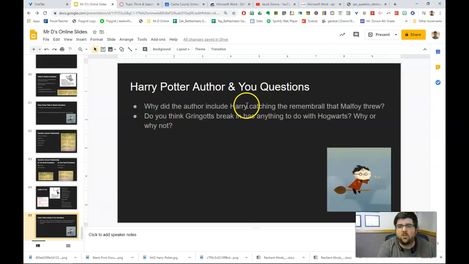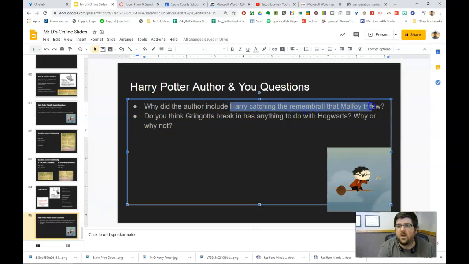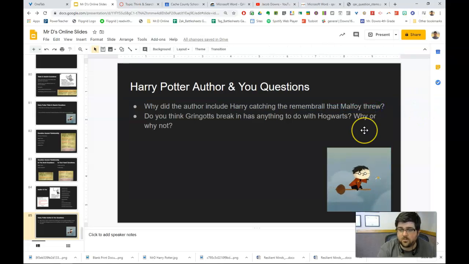Why did the author include Harry catching the Remembrall that Malfoy threw? So let's think about this. Not every single day in Harry Potter is covered. They skip lots of days. And we know that Malfoy is just kind of a meanie every day. Like, he's kind of just picking on Harry. He picks on Neville a lot. He just is kind of mean. So why did